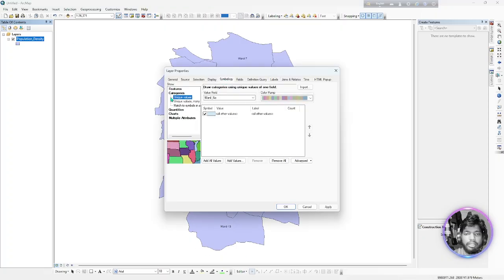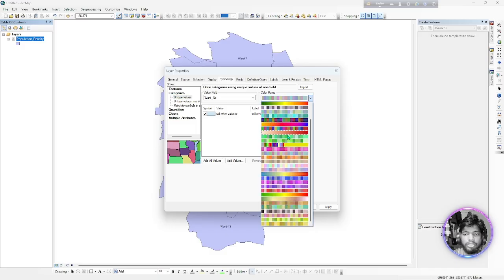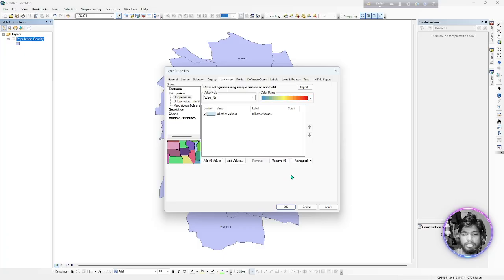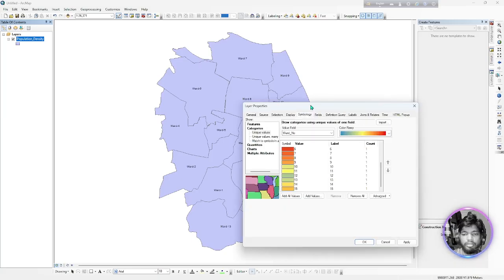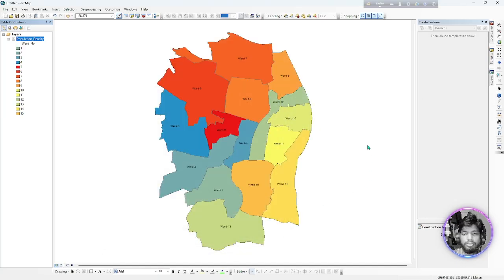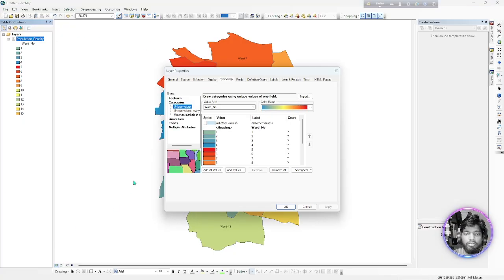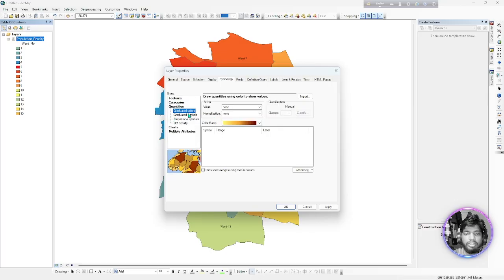For doing this, categories, and I'm just having, let's say, a color ramp like this one, and add all values, and just taking this one, and it's maybe 15, right? And it says, okay, here are all the colors available in this map. Now if I want to add the bar chart using the density,